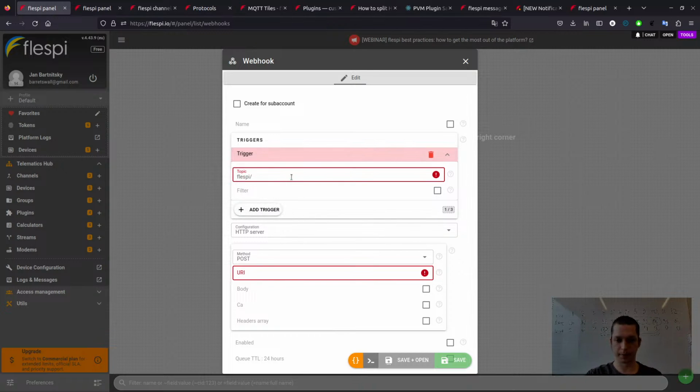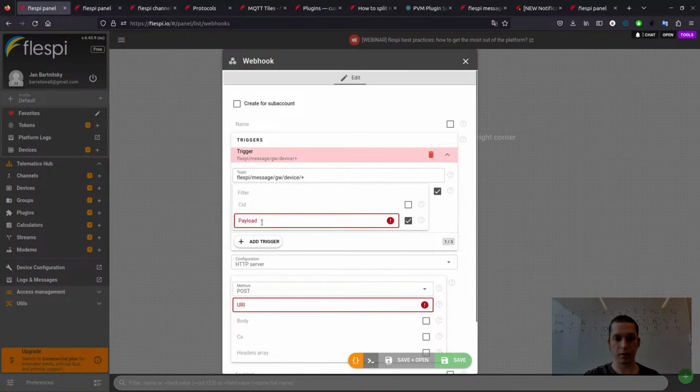We may write a topic like Flaspy message gateway, devices, device ID, and so on, which you can take from the device info tab. Then you may filter it, for example, by a payload with certain syntax. We may specify that, like, plugin geofence must be true.